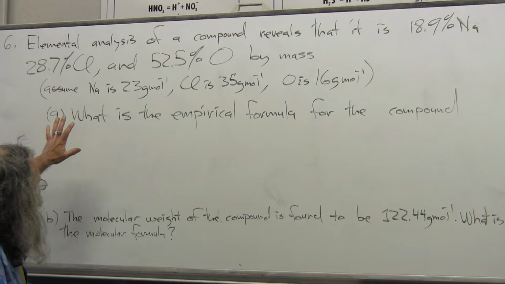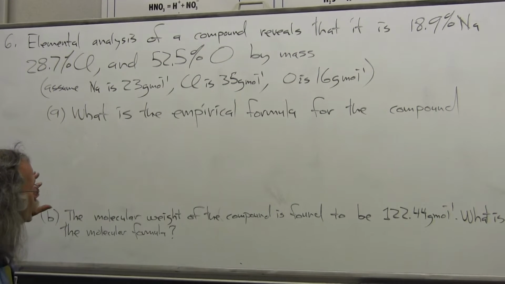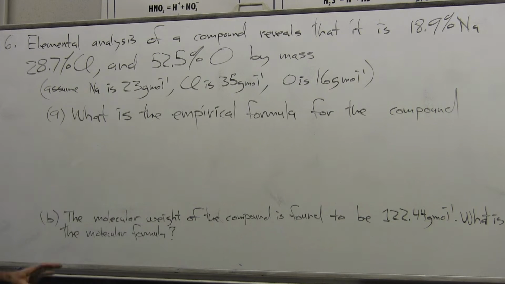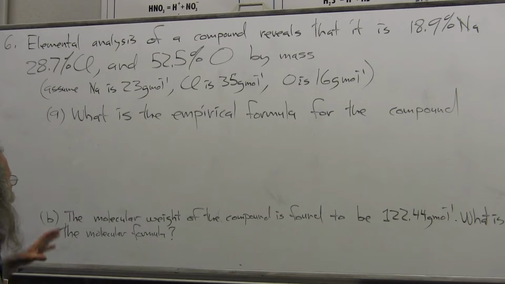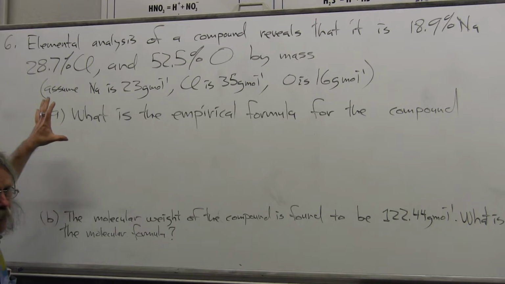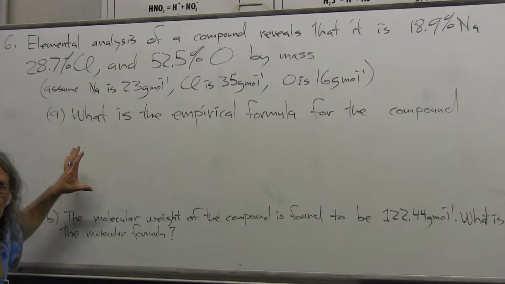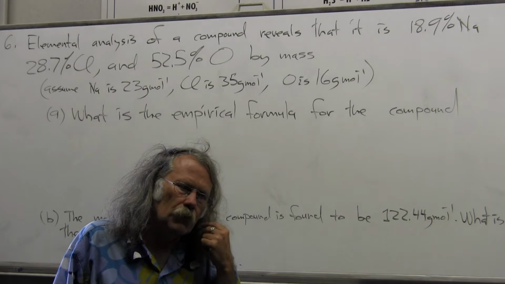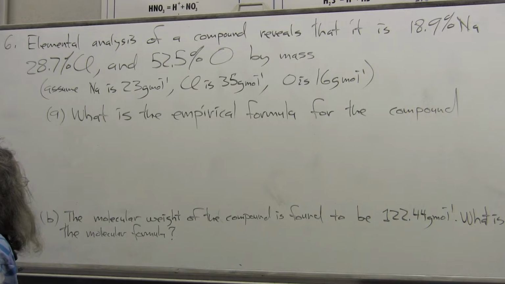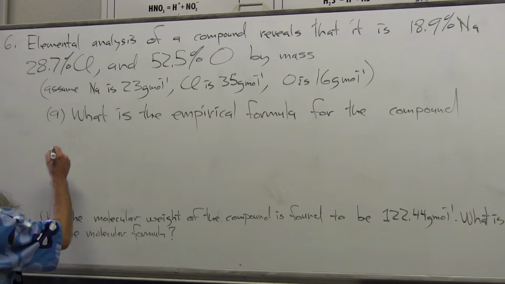So we'll start with the given information, and we're given a mass percent, and so I know that for every 100 grams of material, since percent is by definition parts per 100, I can use an assumed 100-gram sample, and I can get the mole ratio from that. So I'm going to assume a 100-gram sample, and that means that there is going to be